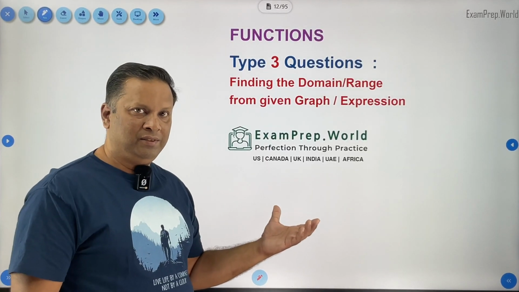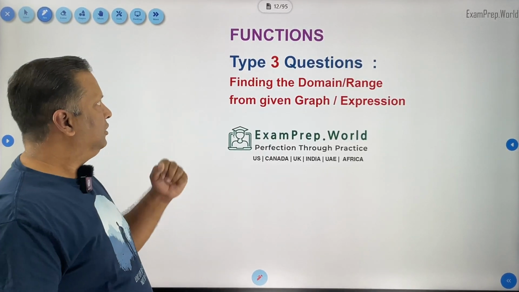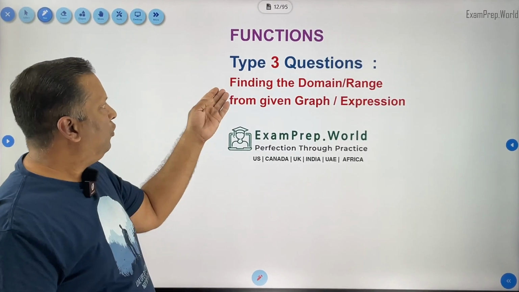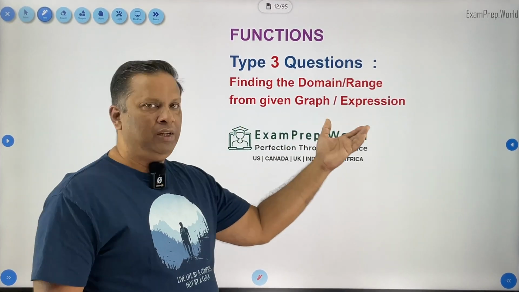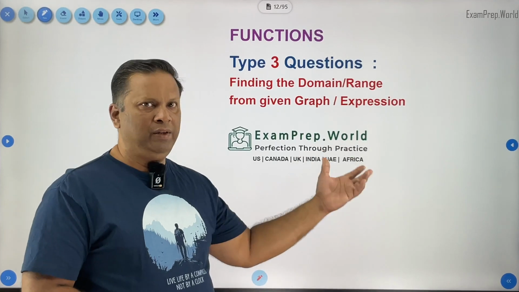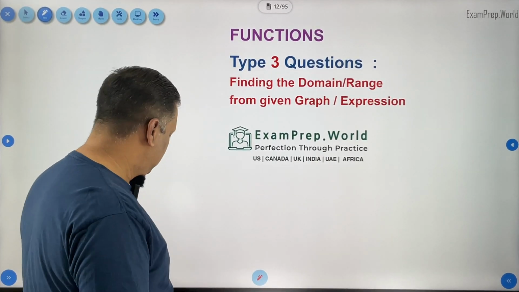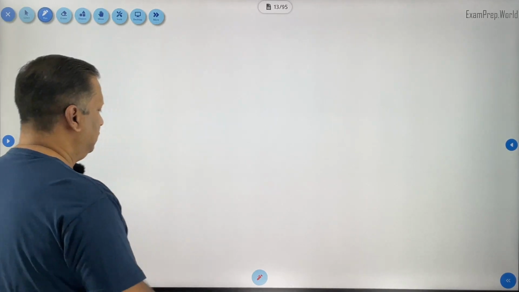In this set of questions in functions, this is type 3 questions in our website. Here we are asked to find domain and range from a given graph or expression. This is very, very simple. I'll explain it to you first before we even go to the question. Okay. Now see,